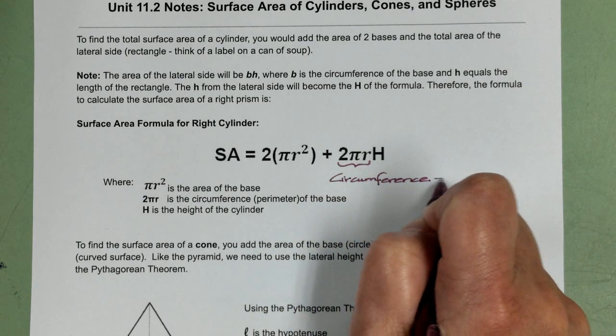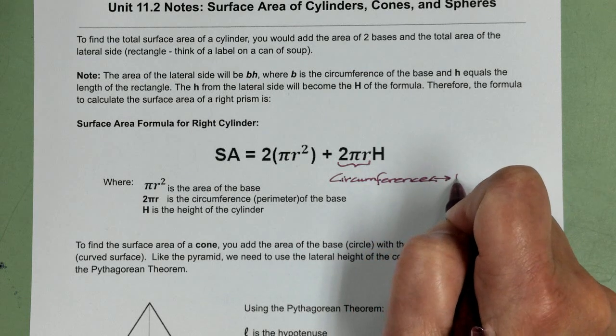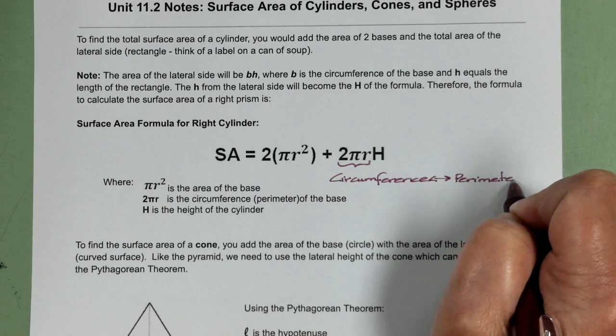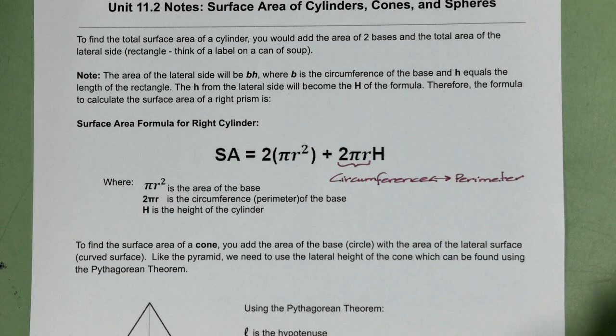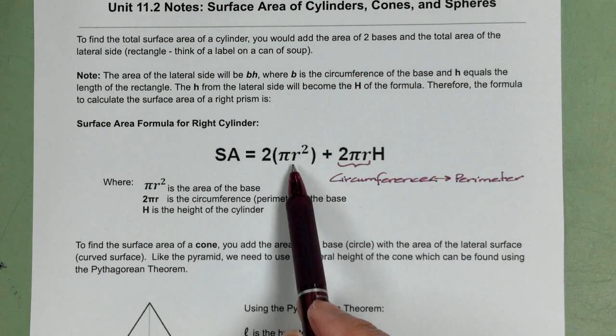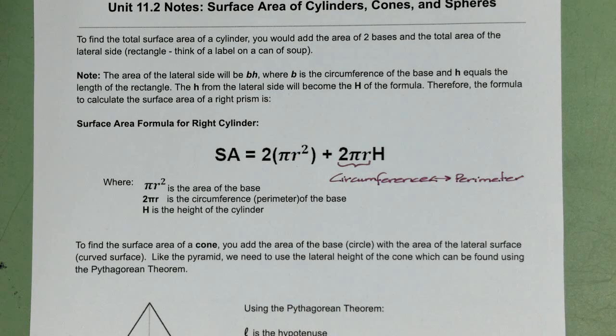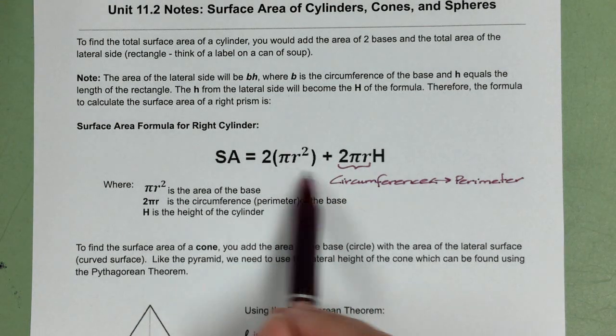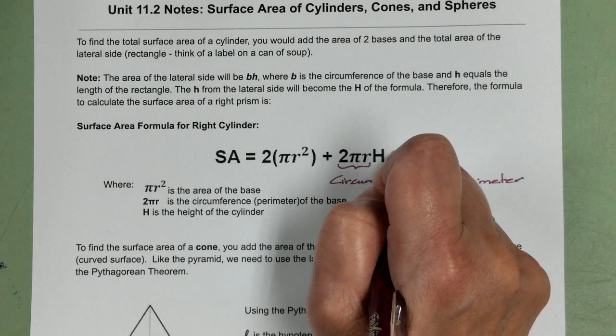That is the same as the perimeter. So we have the same formula as we did with prisms, except we specifically put in information for circles. Okay, so this is your formula, but I want to show you